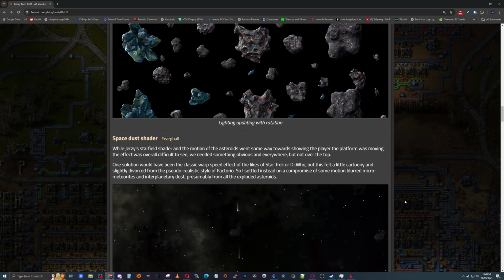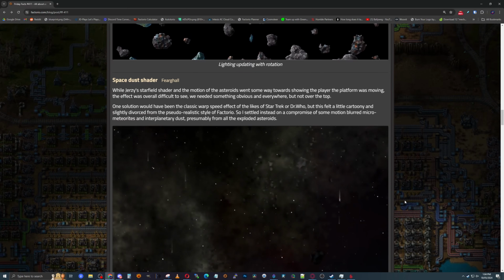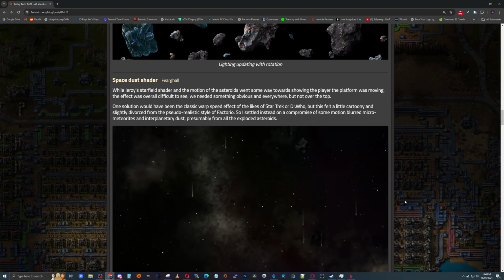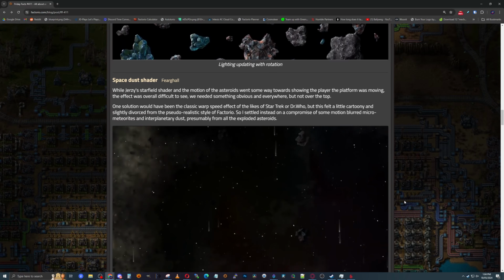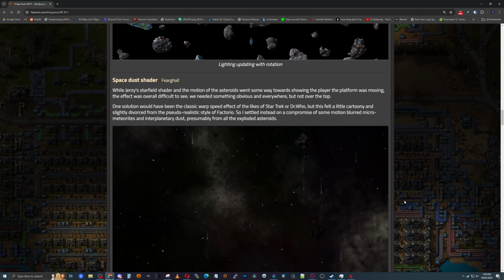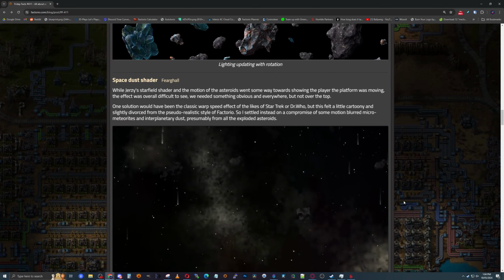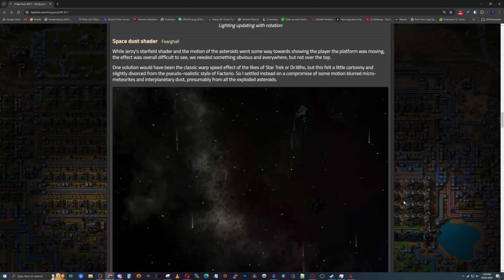We have the Space Dust shader. So whilst the starfield shader and the motion of asteroids went some way towards showing the player the platform was moving, the effect was overall difficult to see. We needed something more obvious and everywhere, but not over the top. One solution would have been the classic warp speed effect from the likes of, what was it, Star Wars or Star Trek? Star Wars or Star Trek? Yeah, Star Trek, sorry. It felt a little cartoony and slightly divorced from the pseudo-realistic style of Factorio. So I settled instead on a compromise of some motion blurred micro meteorites and interplanetary dust, presumably from all the exploded asteroids, which,